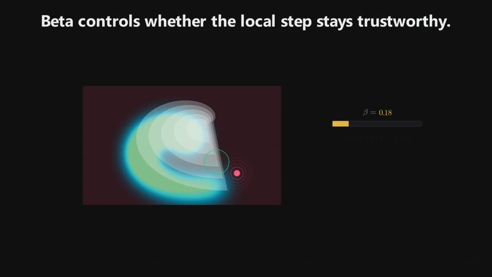The coefficient beta controls the step size. If beta is small, the step is short and stable. The local approximation remains trustworthy. If beta is too large, the point overshoots. It jumps past the region where the local linear picture was valid. In the animation, the stable step lands near the probability ridge, while the oversized step flies off like a student who clicked submit without reading the question. This is why diffusion uses many small steps. Small steps are easier to approximate.